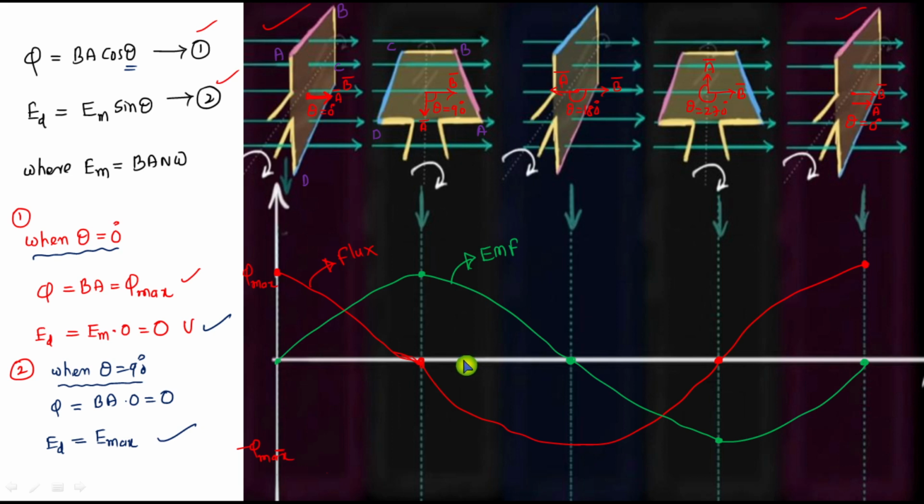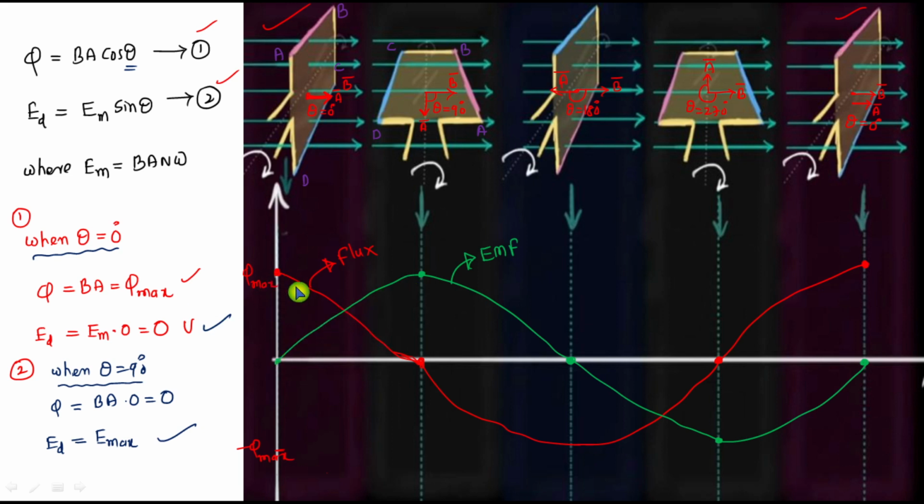So Faraday didn't bother about the magnitude. He should concentrate on the direction of EMF, which opposes the changes in flux. That is the concept of Lenz's law. I will explain the concept of Lenz's law in detail. So this is the reason when theta is equal to 0, we have maximum flux, but EMF is 0. The reason behind this is nothing but Lenz's law. Because of Lenz's law, we have this concept. In order to oppose the changes in flux, we have this EMF.